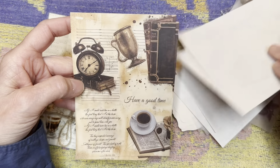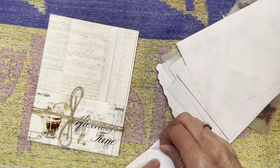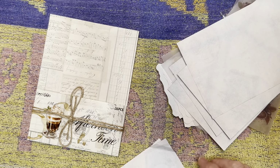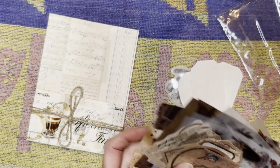These are really cool. That one got bent. They bent that one putting it in. How annoying. Okay. Now,